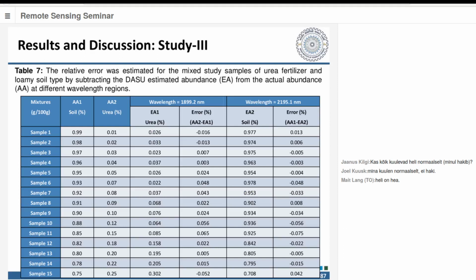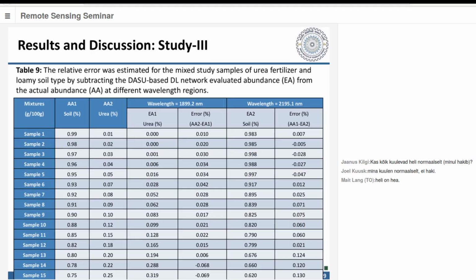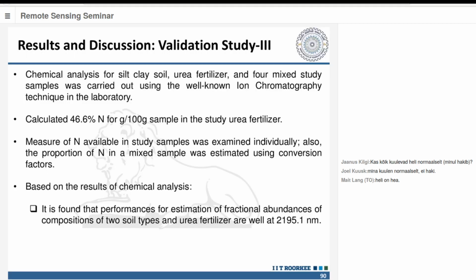So this is for the second type of loamy soil sample, and this is the result for the clay soil type sample with urea mixture, and this is the DASU-based result. This is the result for the DASU-based deep learning network for the loamy soil type, and then chemical analysis for